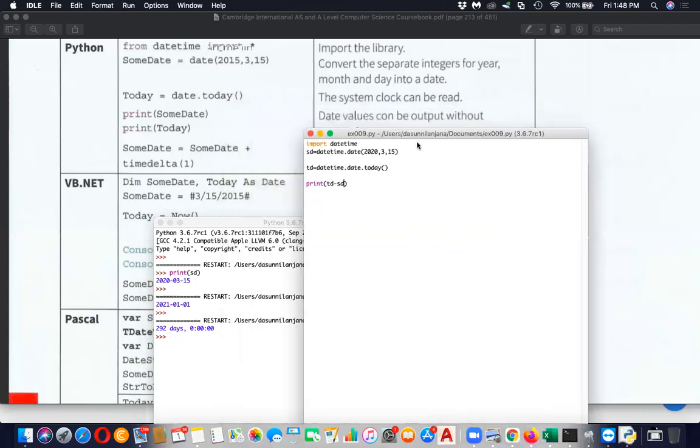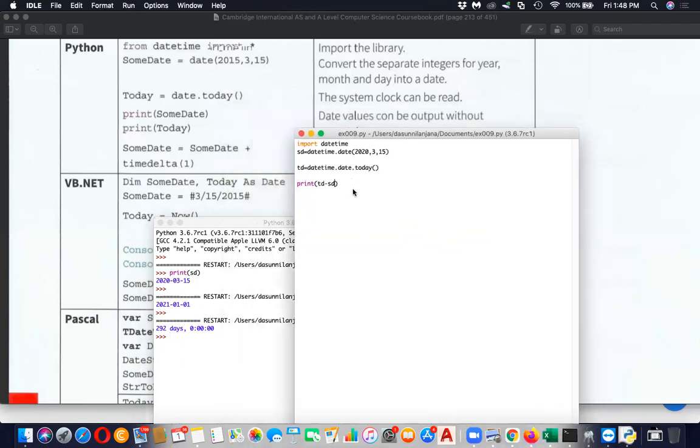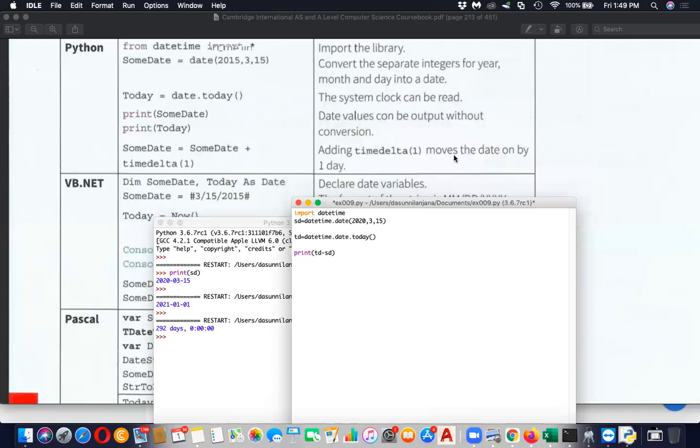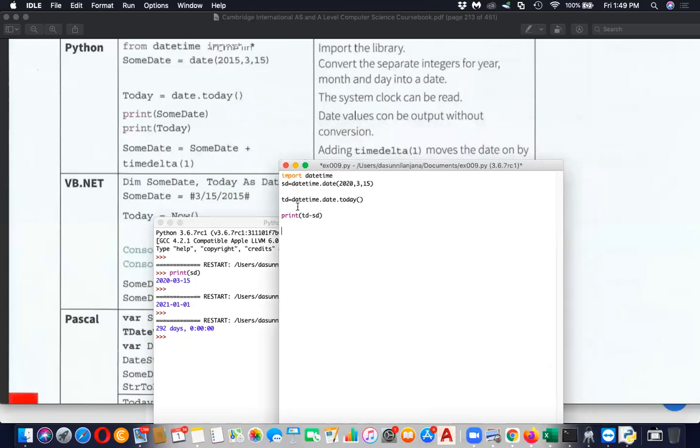Likewise, you can get the date gap. Or let's add this one, the time delta. Time delta means adding 1 day, so if you want to increase that date, or if you want to print the dates in this month, you can give